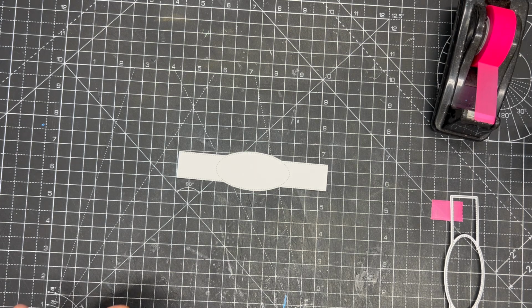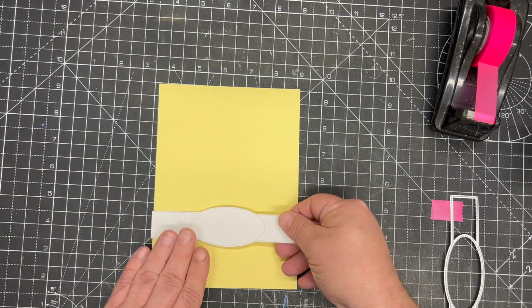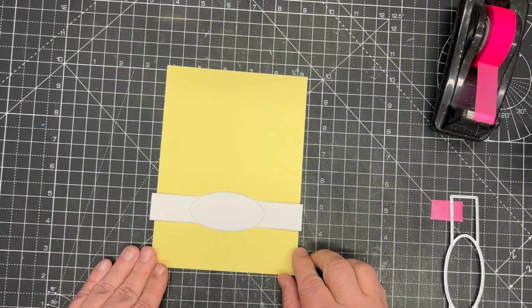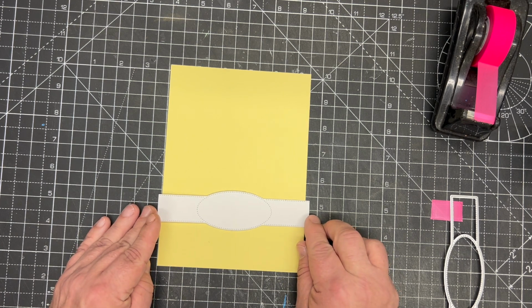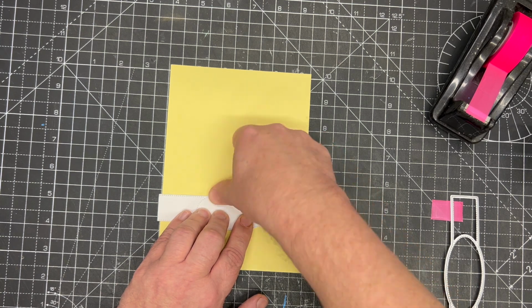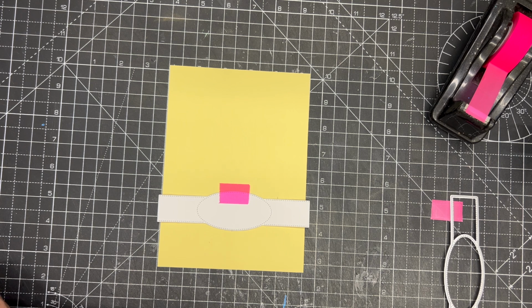So we'll take that, and what I want to do now is to pop that onto a little bit of the lighter yellow, and this is the Spring Yellow from the Craft Artist Essential card. And I've got a piece here that's been cut down again to just 5.5 inches. So I'm just going to pop my die on and add a little bit of tape just to keep it in place, keeping it all nice and straight. I can then take